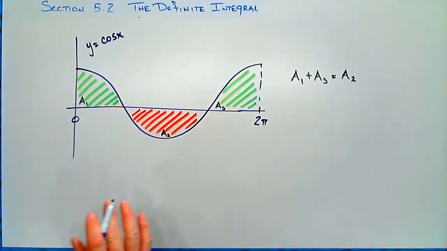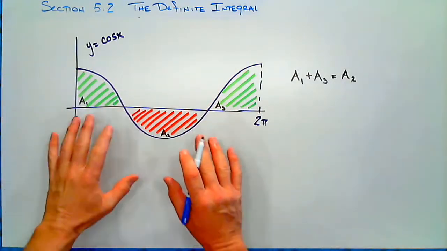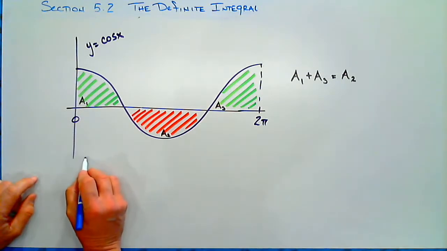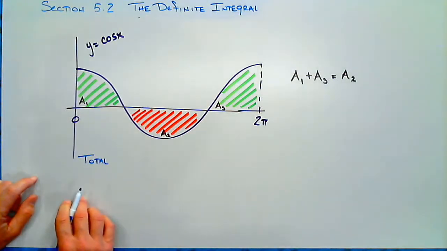Now, we're not saying area is negative. That's not what we're saying. We're not saying that at all. We're saying if we were going to have a conversation about these three areas, we would have it like this. We would say that the total area